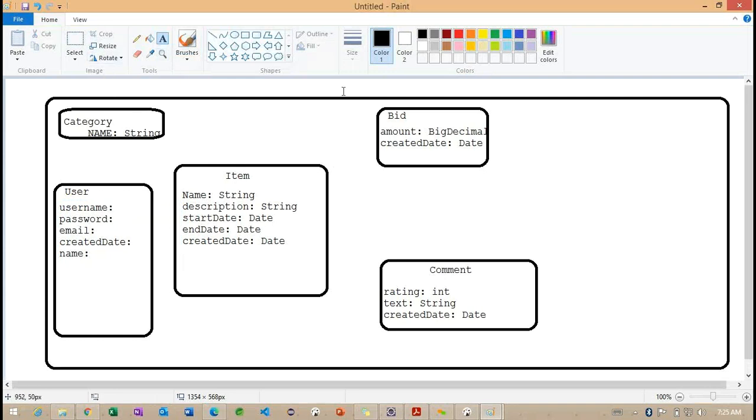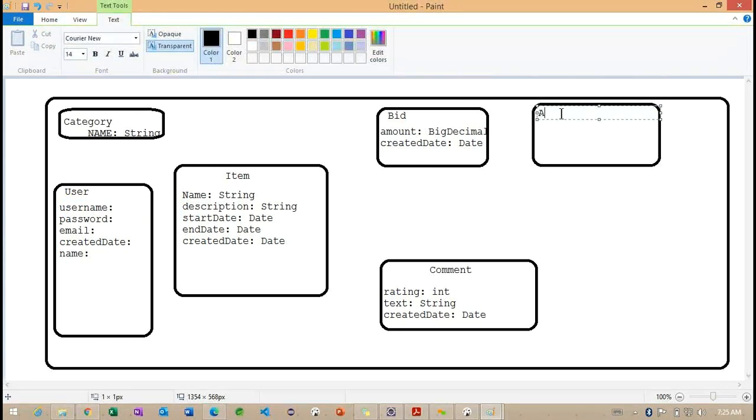here I am going to work with one address class, because the user needs one address information. Let me specify address here. The address is going to have street, state, zip code, something called city.